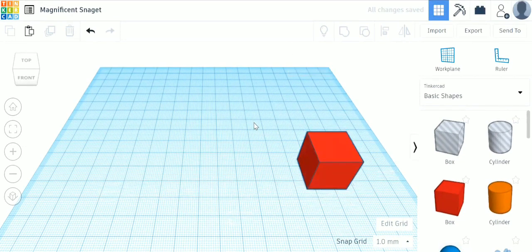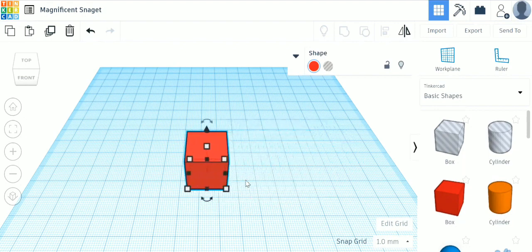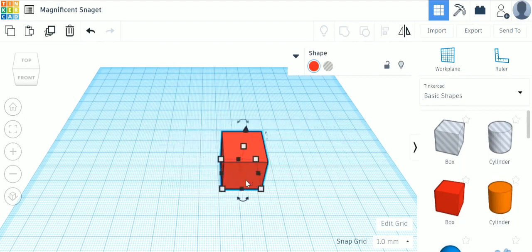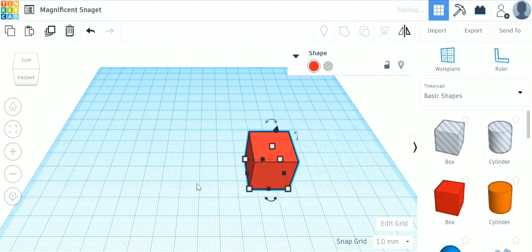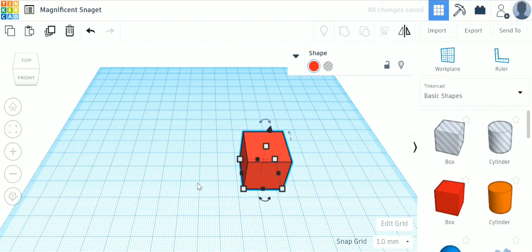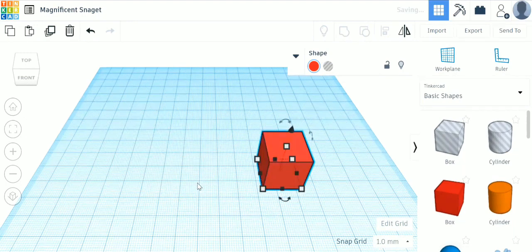Also, you can perform this same activity by using keyboard's arrow keys. Just click on the object and press any of the arrow keys in whichever direction you want to move this box. If you think that this is moving too slow, just hold on to the shift key and then press the arrow key. It will jump a few units further.